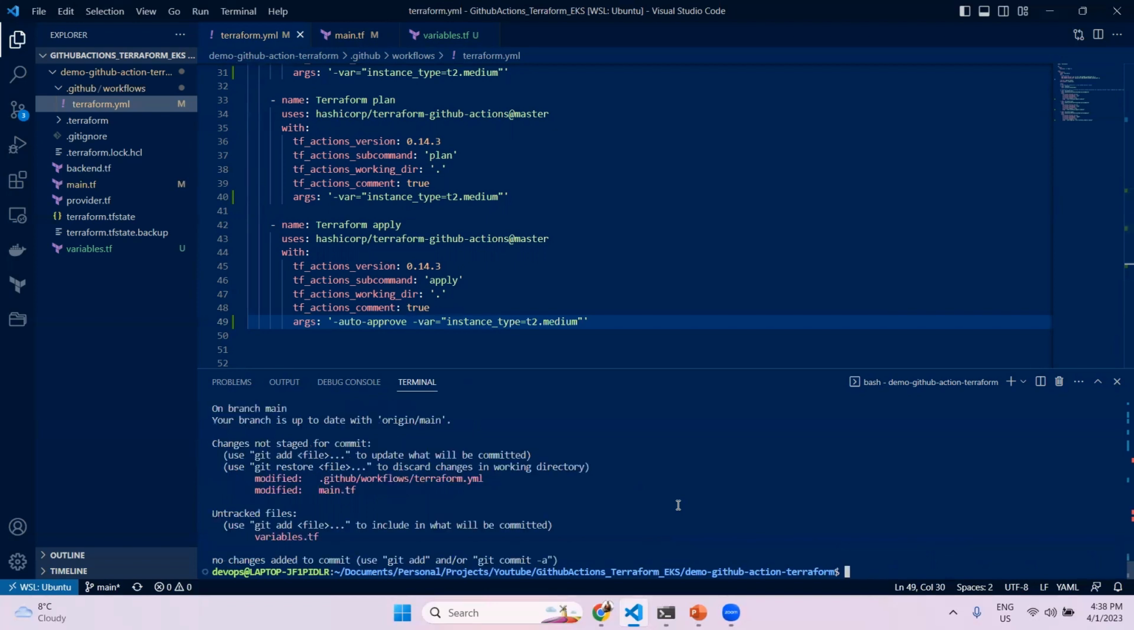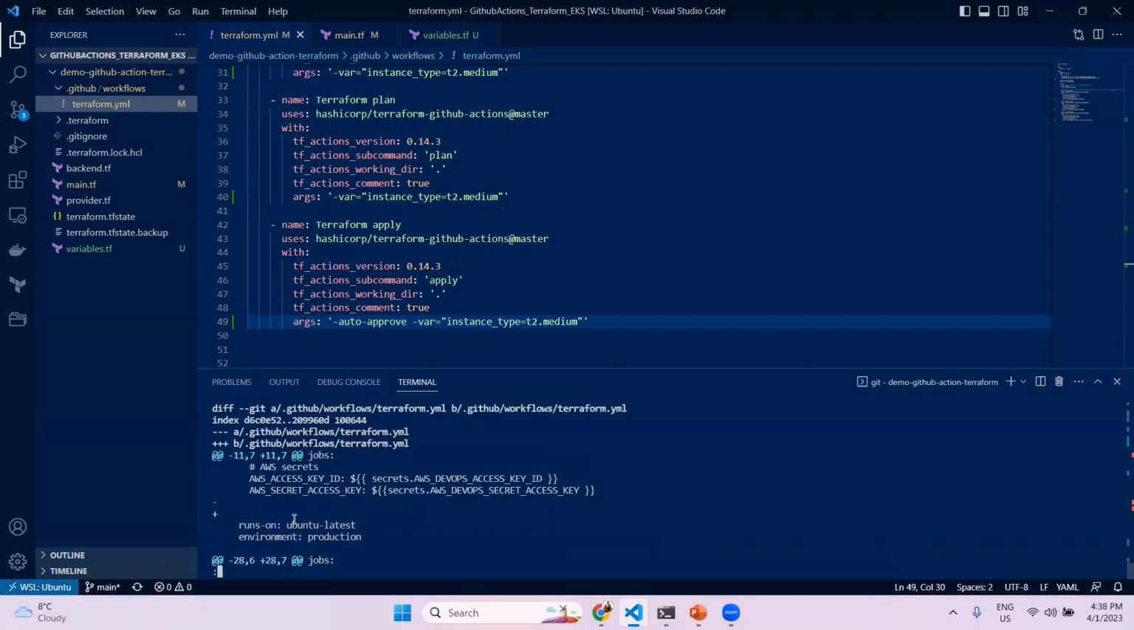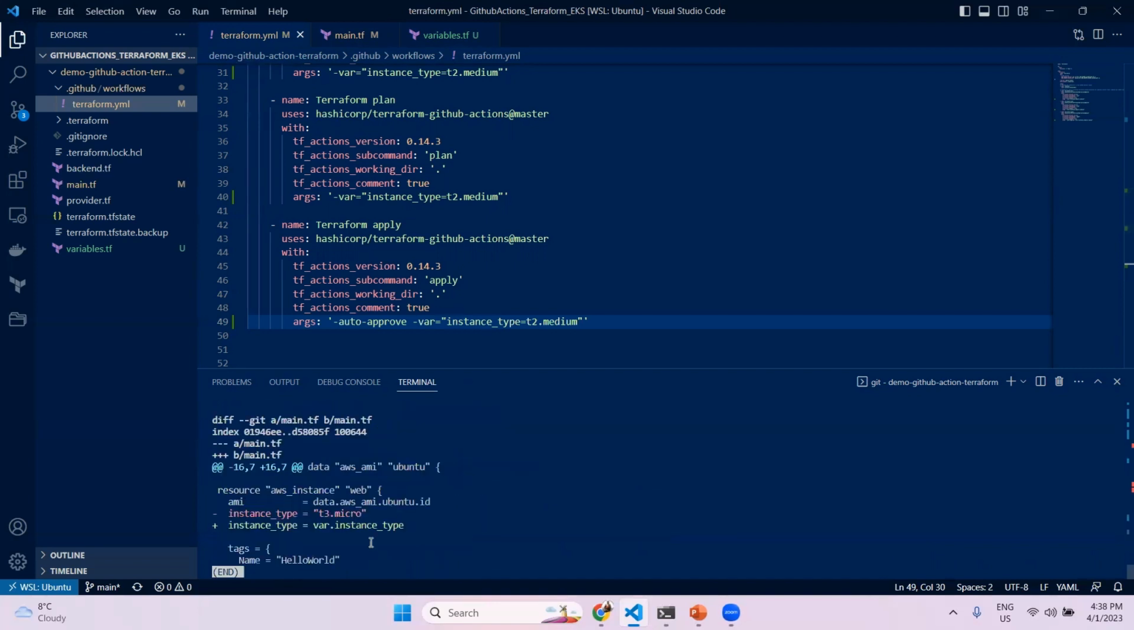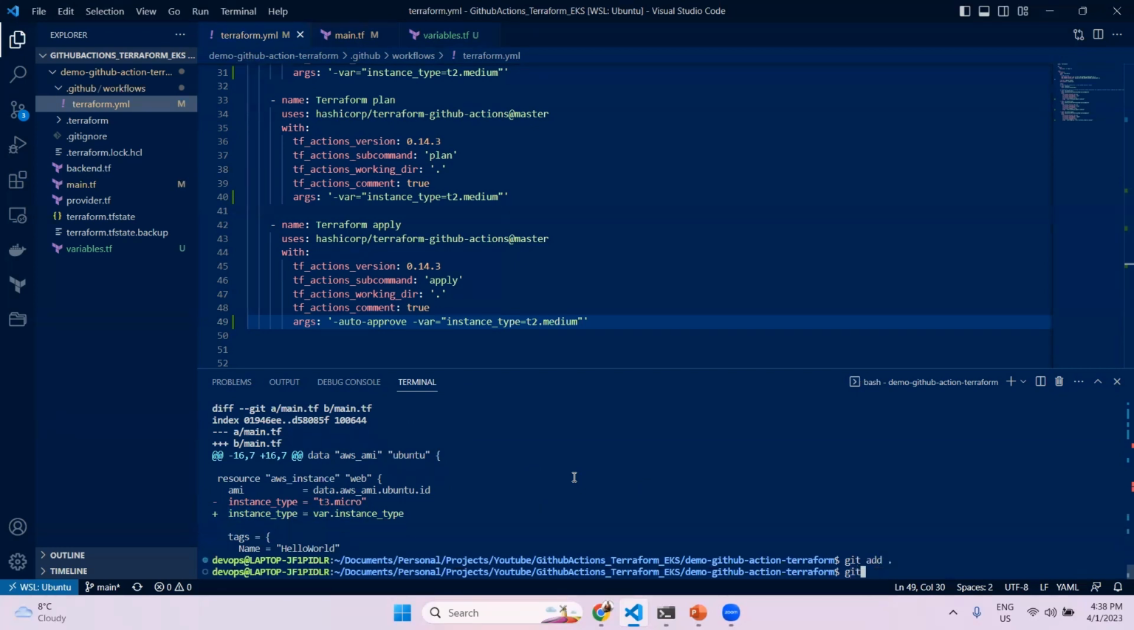Let's check the status again. And you can see we have an updated Terraform file. Let me see the difference. So here we are adding these arguments. And here also we are adding the argument, and we are changing the instance type from hard coded to a variable. That's all. So let me commit the file: git add, git commit,